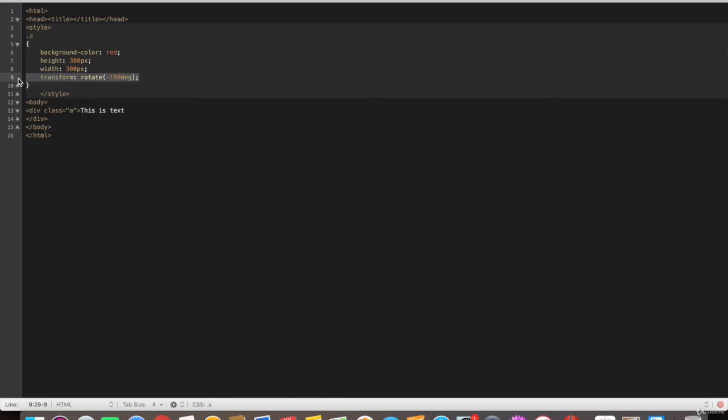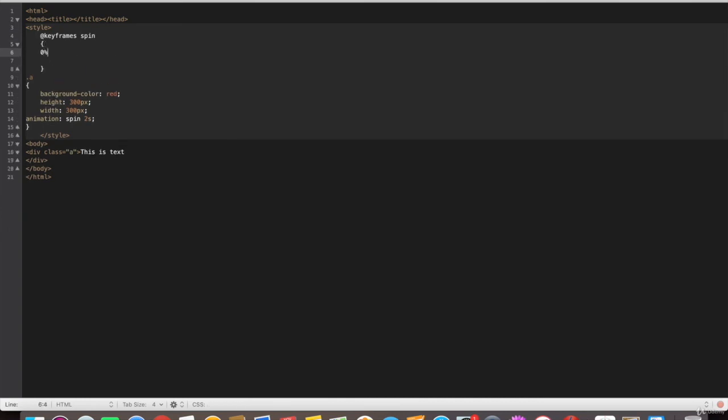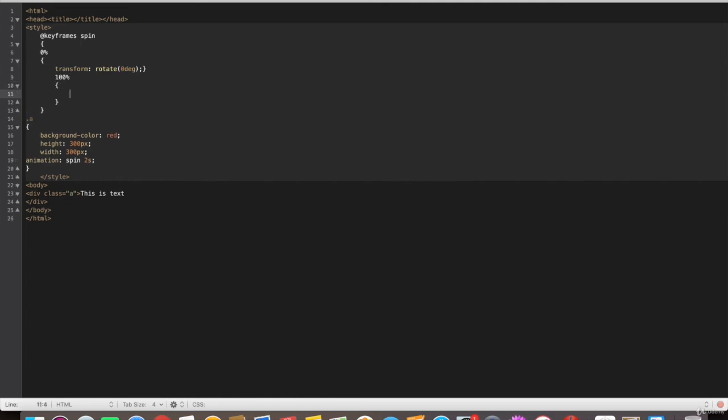This should be pretty easy to understand for you already, but let me just show you using an animation what this would look like. So let's create an animation. Let's call it spin. Let's say 2 seconds, and I won't set infinite this time. So keyframes, spin. So let's start with no rotate at all. Let's say no rotate to begin with. And then ultimately we want to spin this 360 degrees, okay, clockwise,